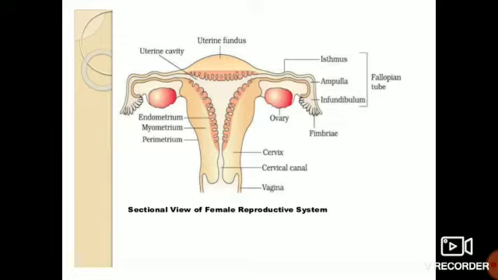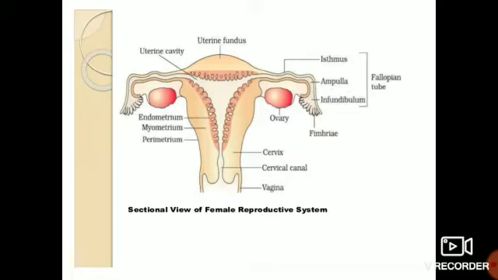Here, see, this is a very common diagrammatic view which has been shown in most of the biology books. This is the sectional view of the female reproductive system. You will be finding this bag-like structure which is called the uterus. The uterine cavity means a small space over here. Uterine fundus, you will be finding this swollen part at the top. This is the fallopian tube. You will be finding the parts of the fallopian tube: isthmus, ampulla, infundibulum. This is a funnel-shaped structure which is called infundibulum, then ampulla, and this is isthmus.